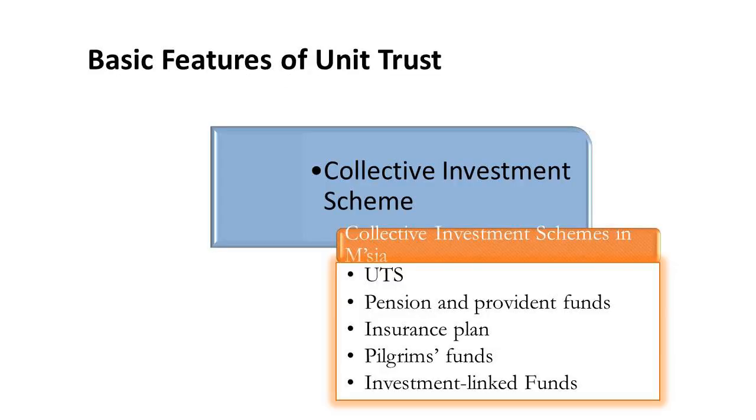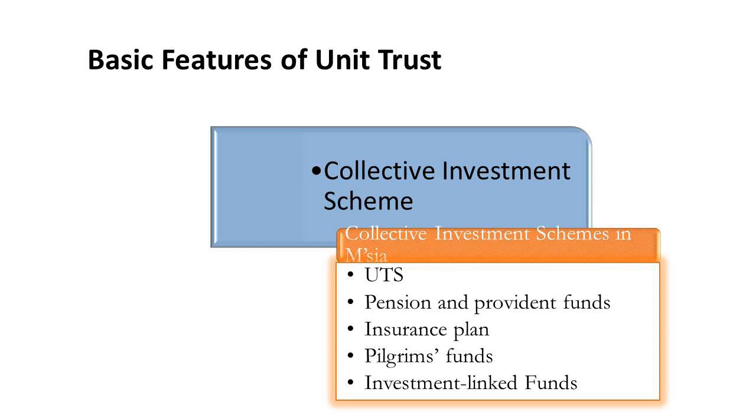Alright, now, what are the features of unit trust? One, it is a collective investment scheme. What are other collective investment schemes available in Malaysia? Unit trust is only one of them. The other similar ones are your pension and provident fund, EPF. The worker contributes to the EPF fund, and the company contributes to the EPF fund. So they collect the money in the EPF, and EPF will use the money to invest, local or foreign. Similar. So that's what they call a collective investment scheme.